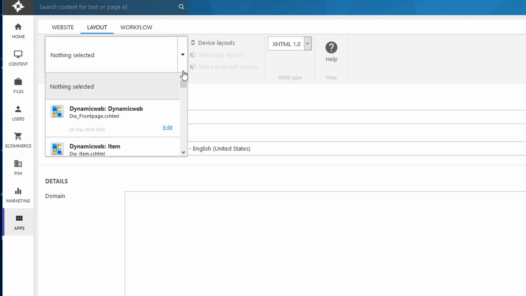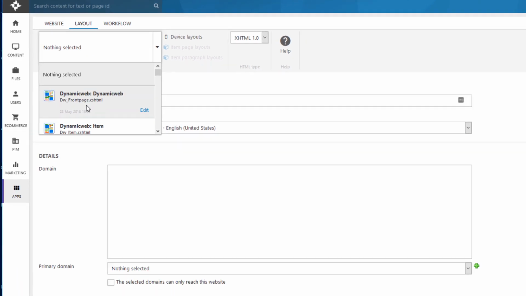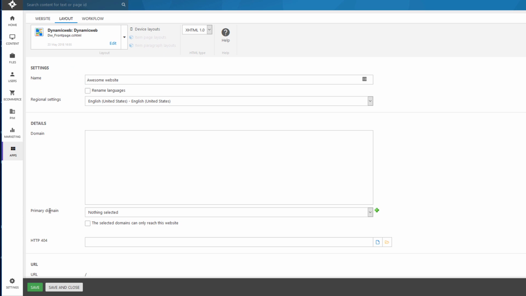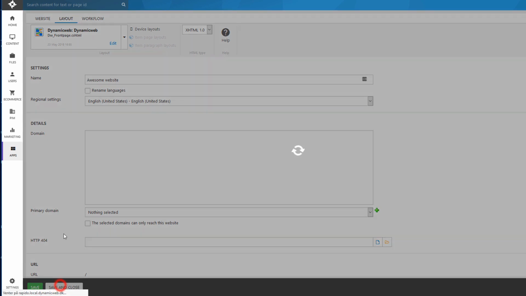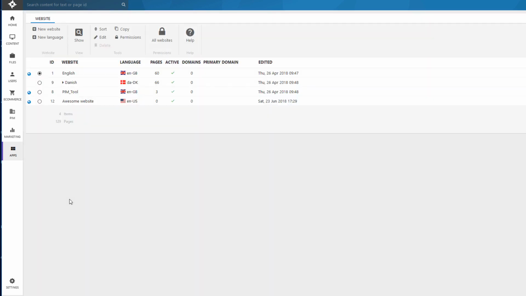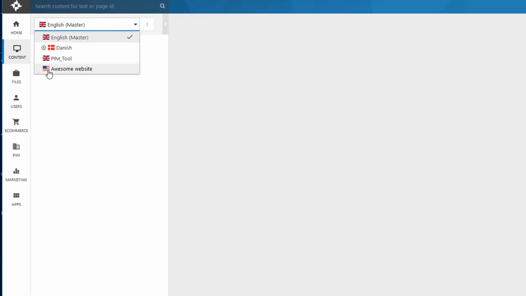So now you'll see that I have a new one right here, Dynamicweb, which is available from the list. I'll just point to the DW front page CS_HTML right here. Okay. So I will save and close. I'll do nothing else but that. And now I can go to my content right here, and I can select it from the top, my awesome